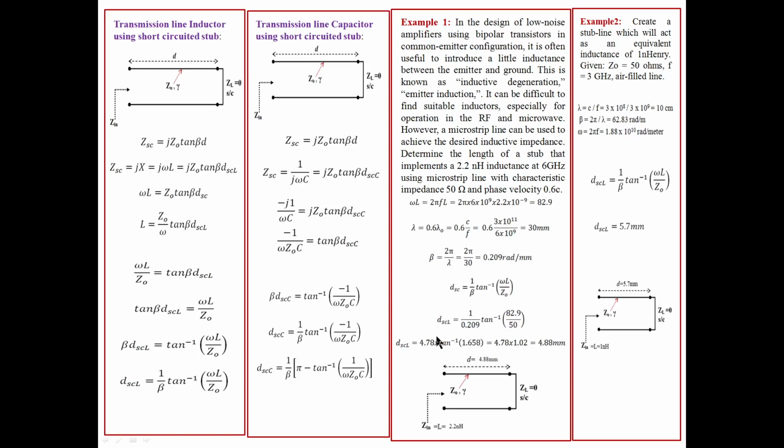To do that, see here, this is a microstrip line, a two conductor transmission line, short circuited here, so ZL is equal to 0. This is a transmission line anyway. As I move over the transmission line, the problem is similar to the earlier problems: find the input impedance at a particular distance, 0.1 lambda from the load.